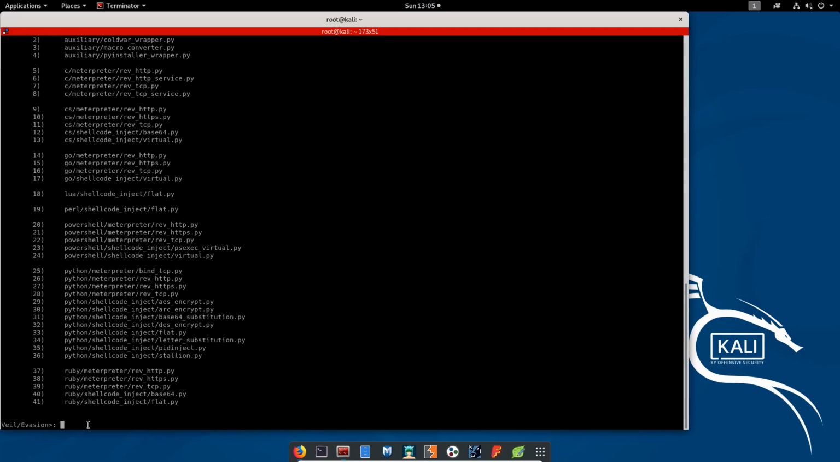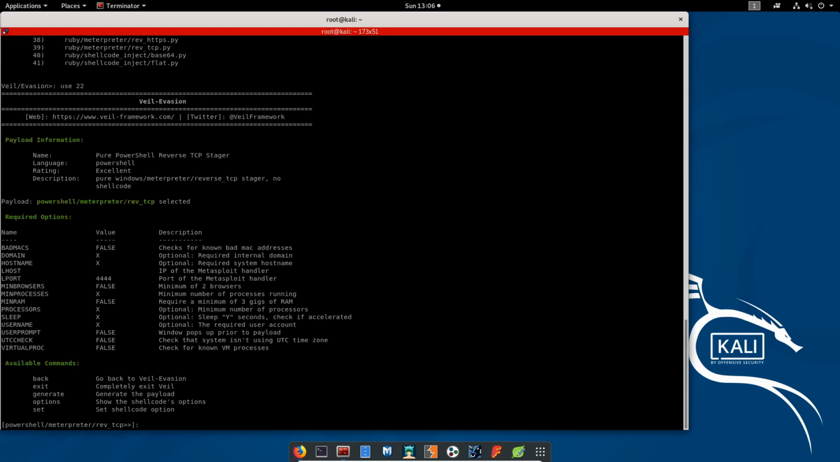Okay, so we're gonna say use 22. So basically we want to make this file as stealth as possible. The way antivirus software works, they already have all these hashes. They have a really big database of hashes, and those hashes are like viruses that, let's say, if someone like my Windows machine have